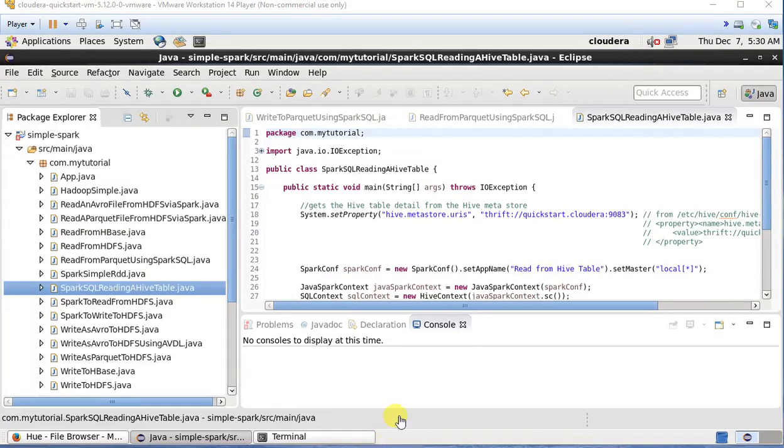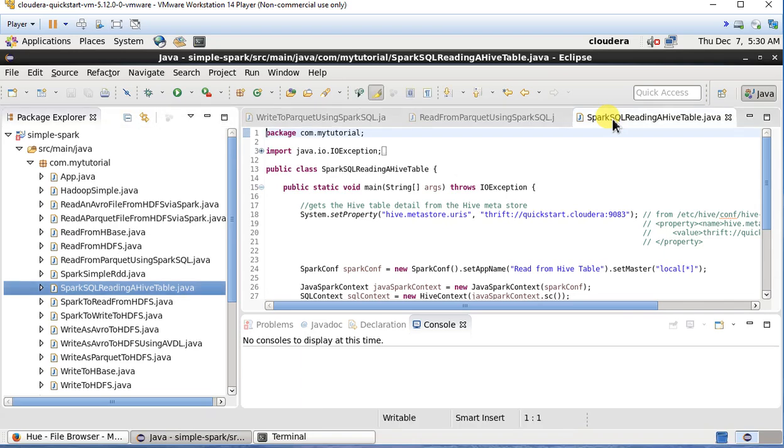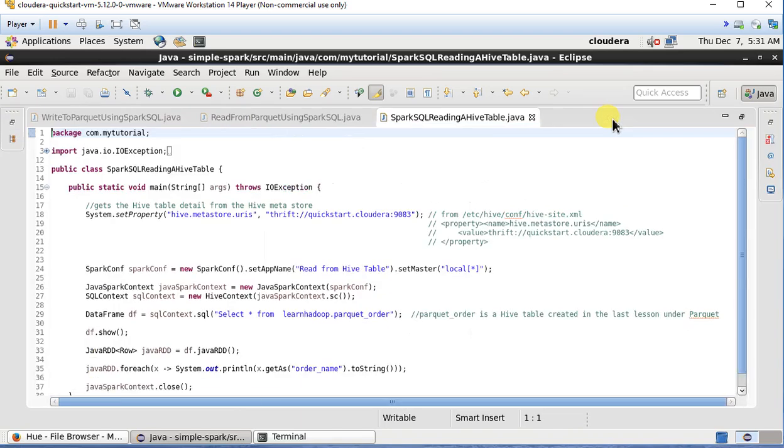In this video tutorial, I'm going to go through Spark SQL. Earlier we saw 3 Spark SQL codes. The first one is Spark SQL reading from a Hive table. This is based on one of the previous tutorials where we wrote some data to a Parquet file from a Spark job, and we created a Hive table over that Spark data. Now in this tutorial we're going to read from that Hive table from a Spark job using